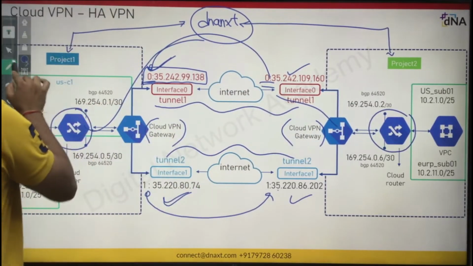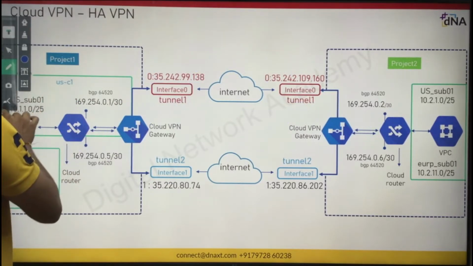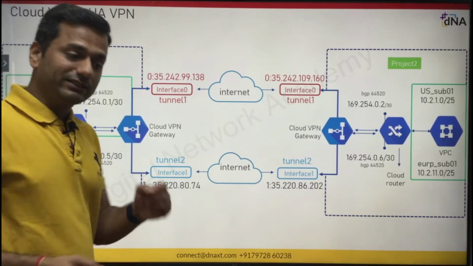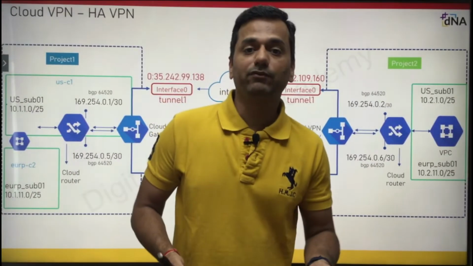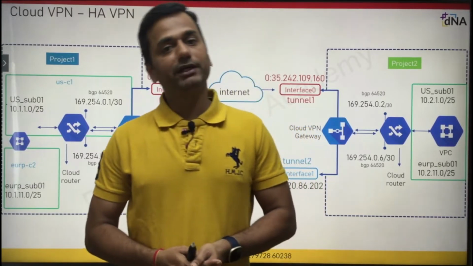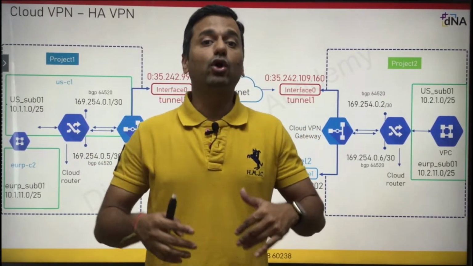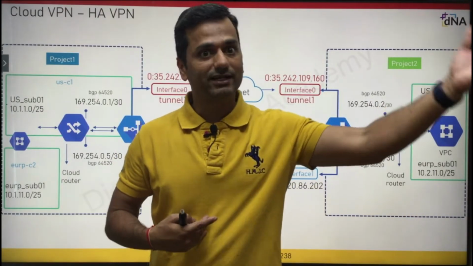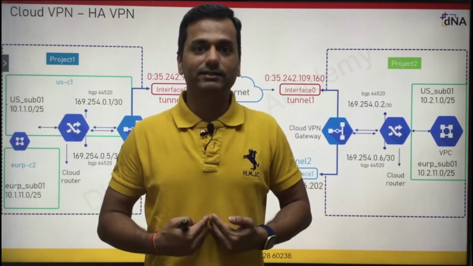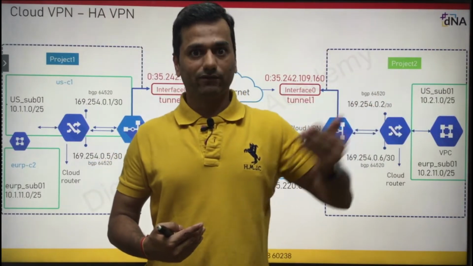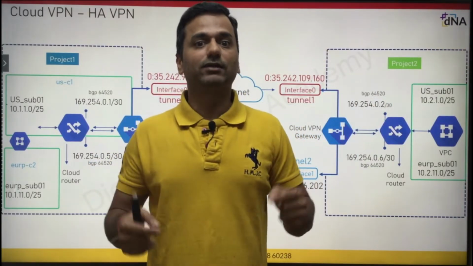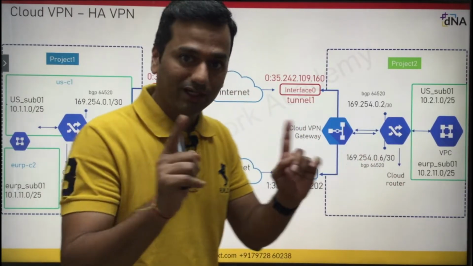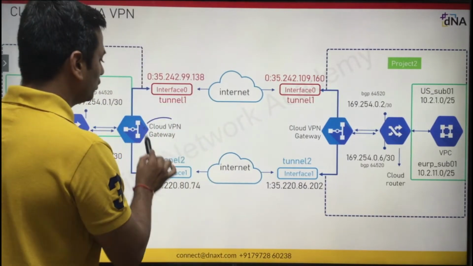Clear? Now, when I say establish a BGP neighborship, when it comes to BGP, it won't change its behavior. BGP requires manual configuration. BGP will not automatically discover the neighbor. It requires a peer address, a local address, a peer AS, and a local AS. That's something you have to configure. Where will you configure it? On the cloud router.